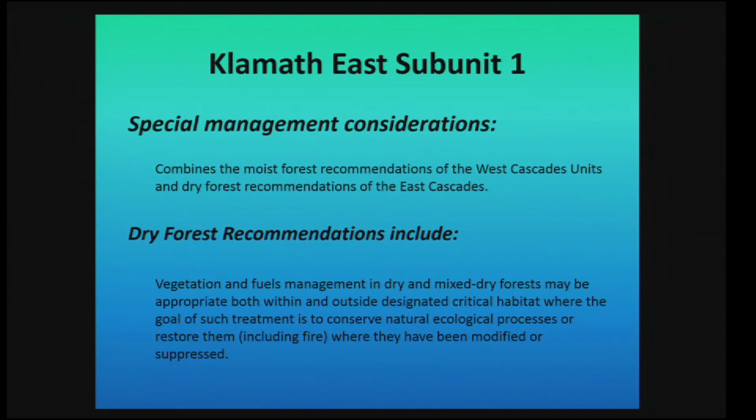And so the special management considerations here, it's a little bit like a Chinese menu. You can take a little bit of this one, and you can take a little bit of this one, and then you get to mix them together. So the moist forest stuff of the Western Cascade South, that focus on restoring young stands, but then in those areas where we have drier stands,